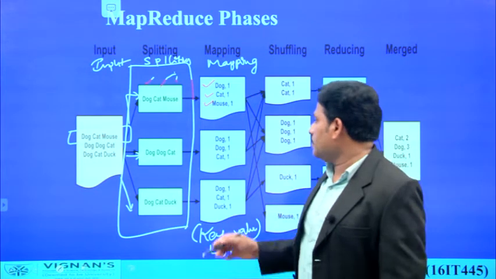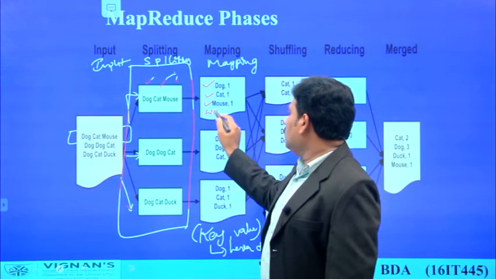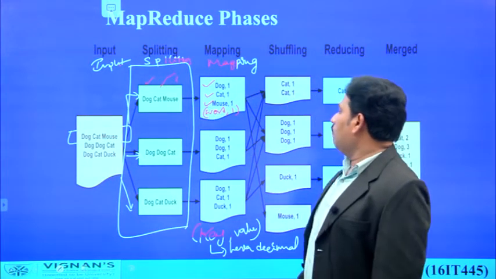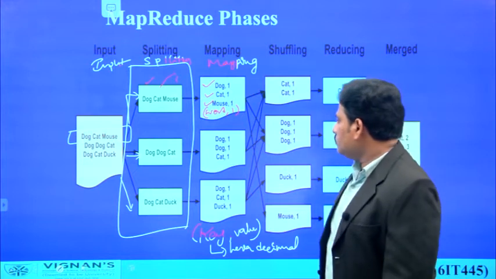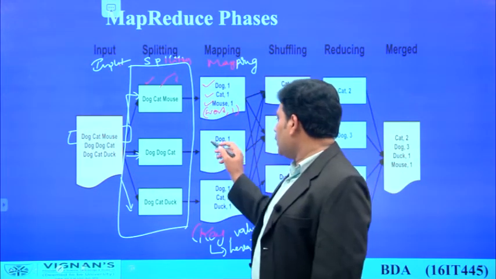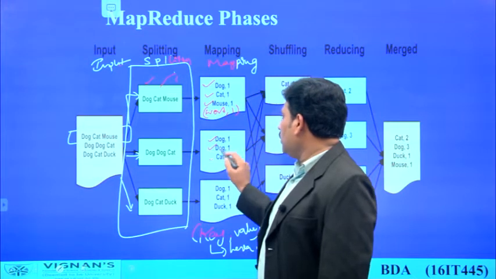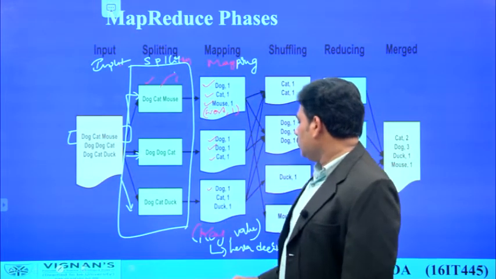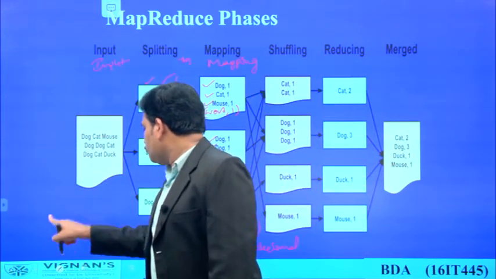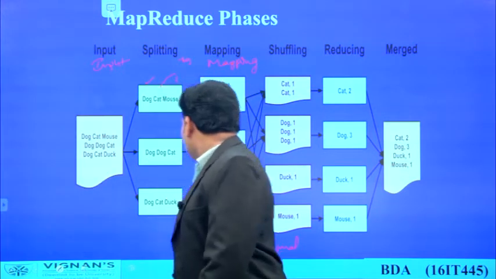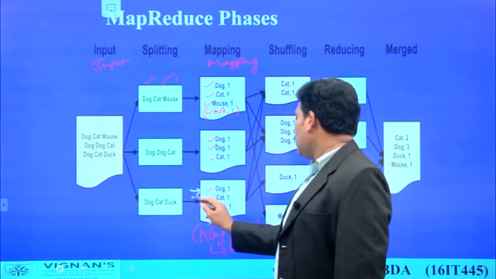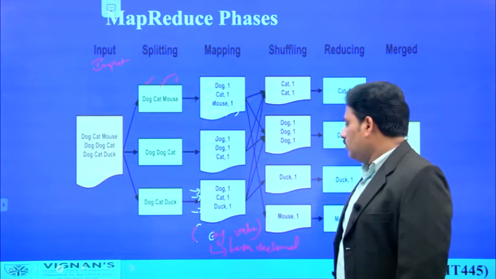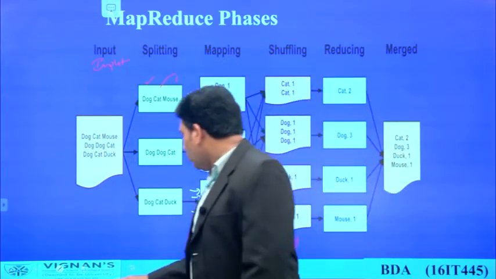So how are they going to be represented? Word, comma, its count, which is 1. Word, comma, 1. In the same manner, in the second file also we have dog, comma 1, dog and cat. And in the third file we have dog, cat and duck. Now, after completion of all these activities,